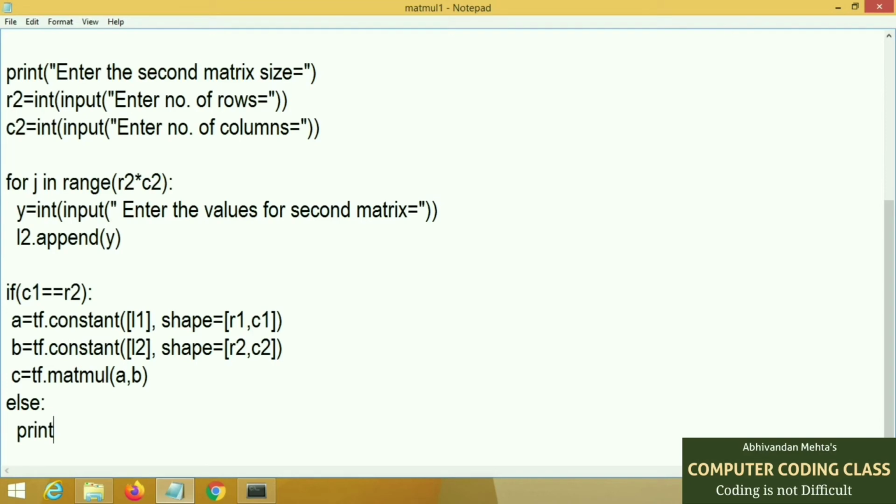Here in else we will print that both matrices cannot be multiplied if the first matrix number of columns is not equal to the second matrix number of rows.